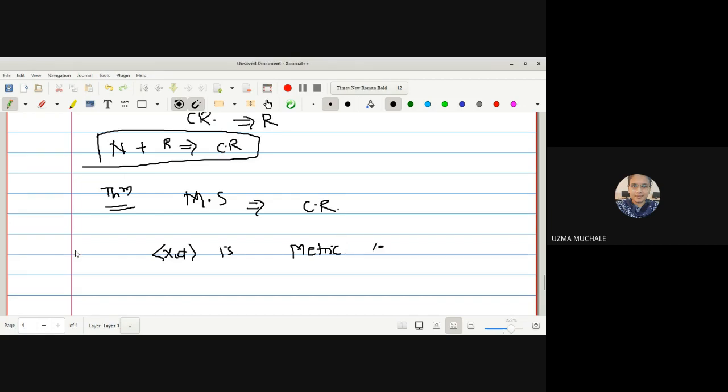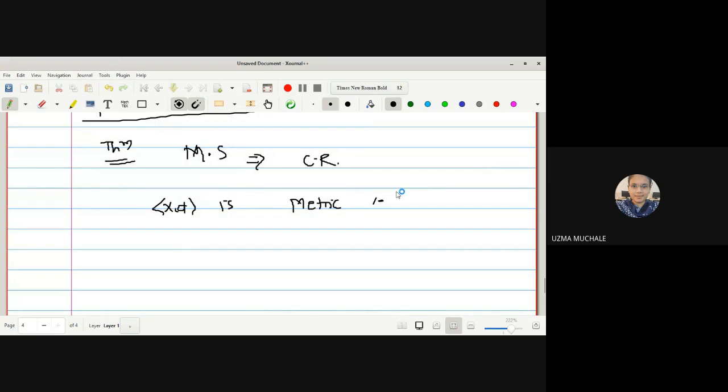Somewhere in the starting lectures of topology, I proved that every metric space is a topological space. Do you remember this one? Yes, ma'am. Okay, so we have proved that every metric space is a topological space with the defined metric topology on it, and tau is a topology defined on your metric with the help of that metric itself. Right, if I want to prove that every metric space is completely regular, what do I have to start with? What is your assumption?